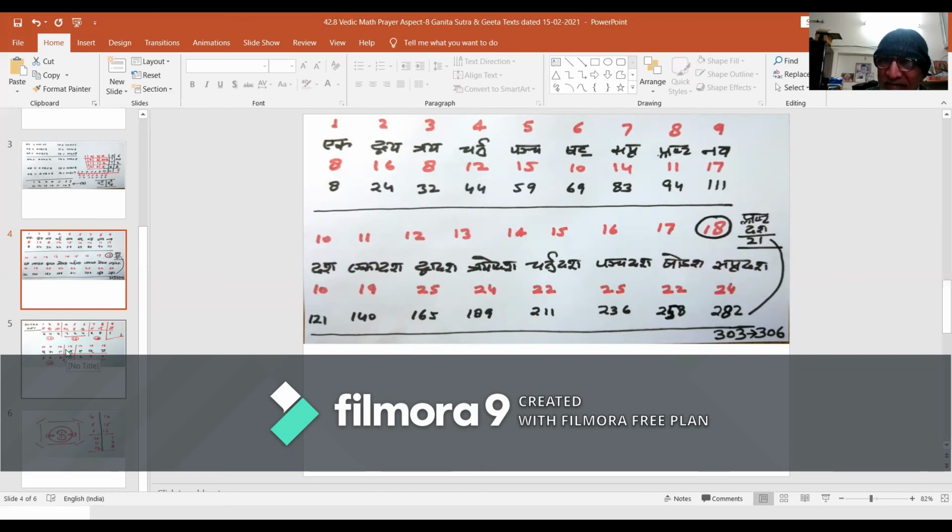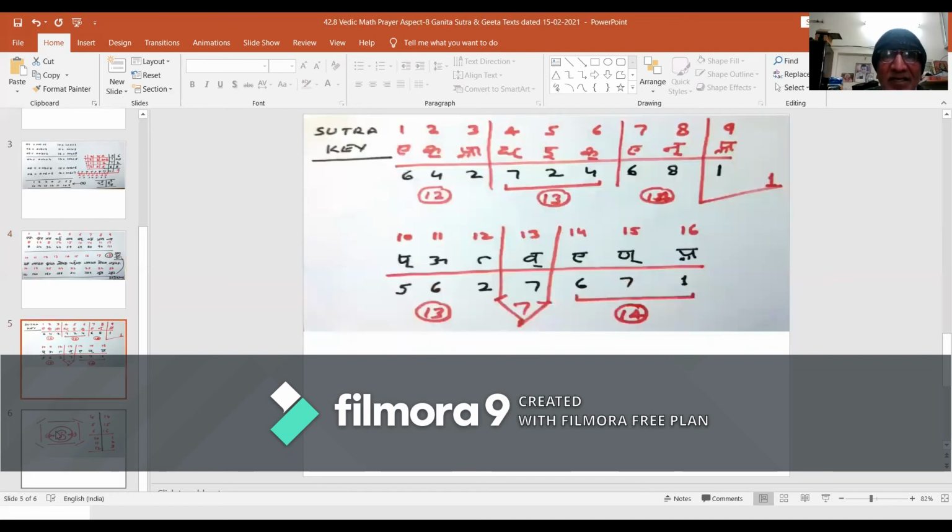Now, let us go a step ahead. Let us arrange structural keys, meaning the letters of the text of Ganita Sutra 1, in the sequence and order in which these are making computation of Ganita Sutra 1. Then reach at the TC values and see how this is organized.